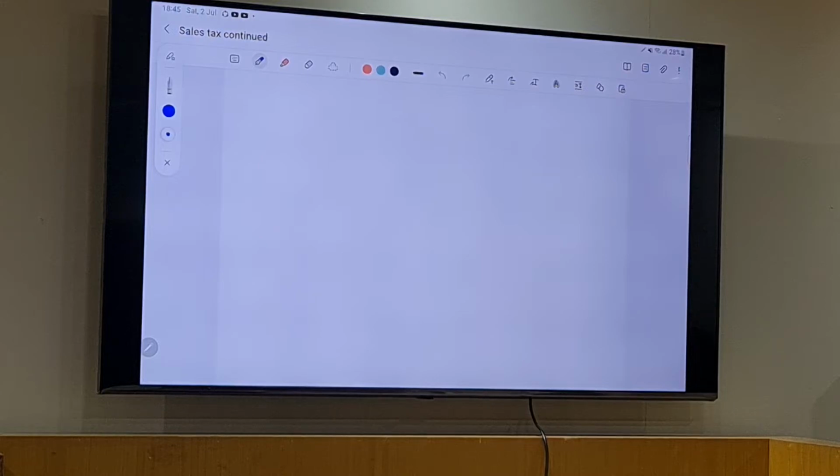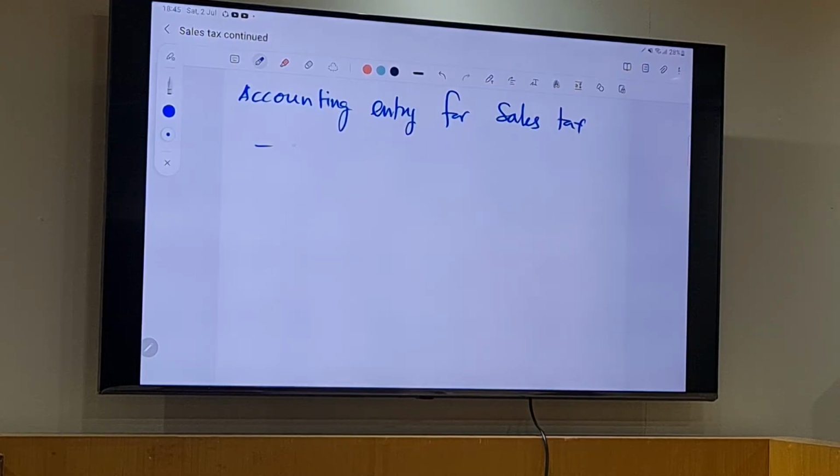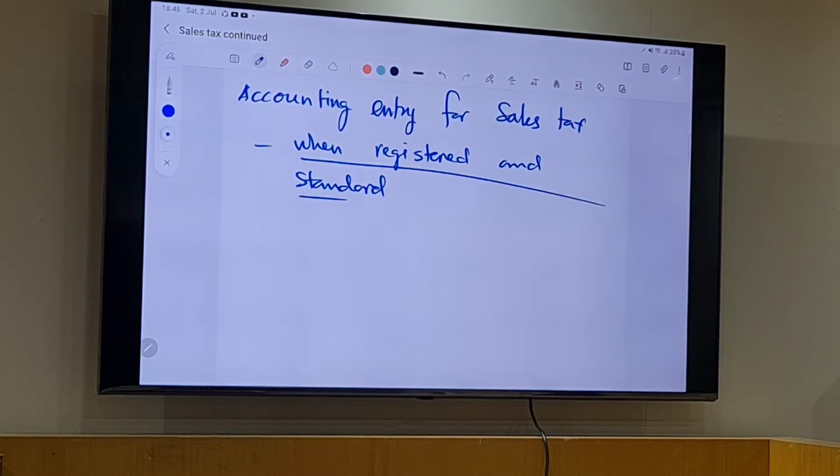So today we will try to understand the double entry. Now, when we go to understand the double entry,